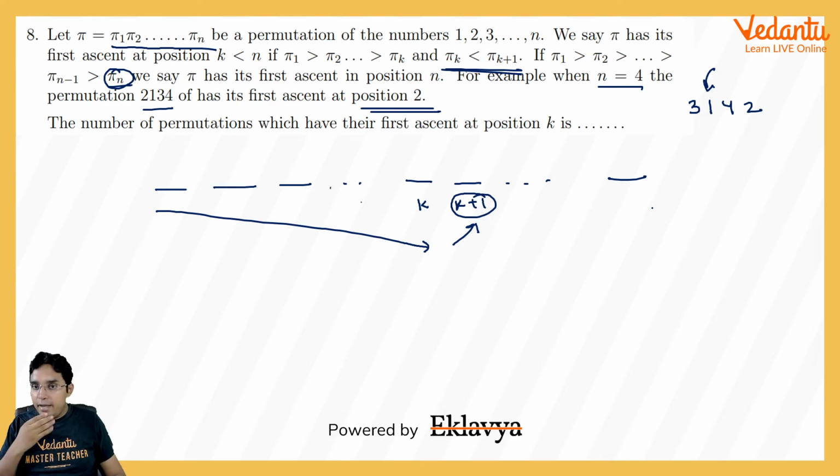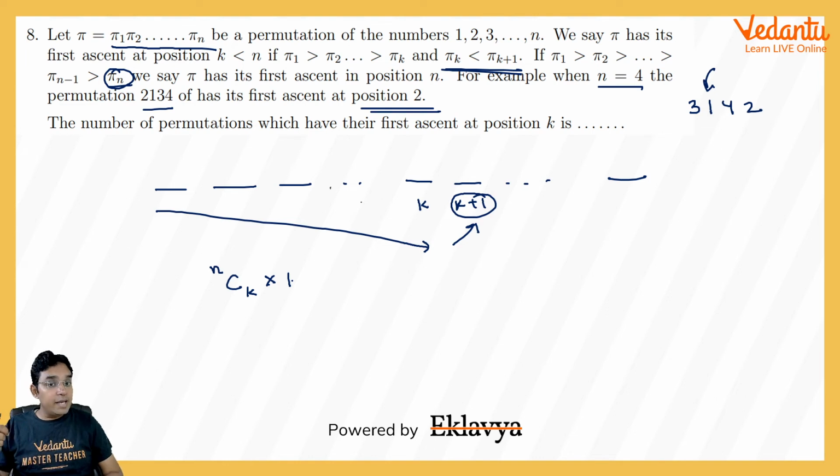So one of the ideas here is that I choose k numbers from my n numbers. Okay, and I place them in the first k positions in decreasing order in one way only. I hope that is clear. I chose k numbers out of n, as they all are different. There will be only one order in which I can place them in descending order. Okay, and after k I want a bigger number. Now the problem here is